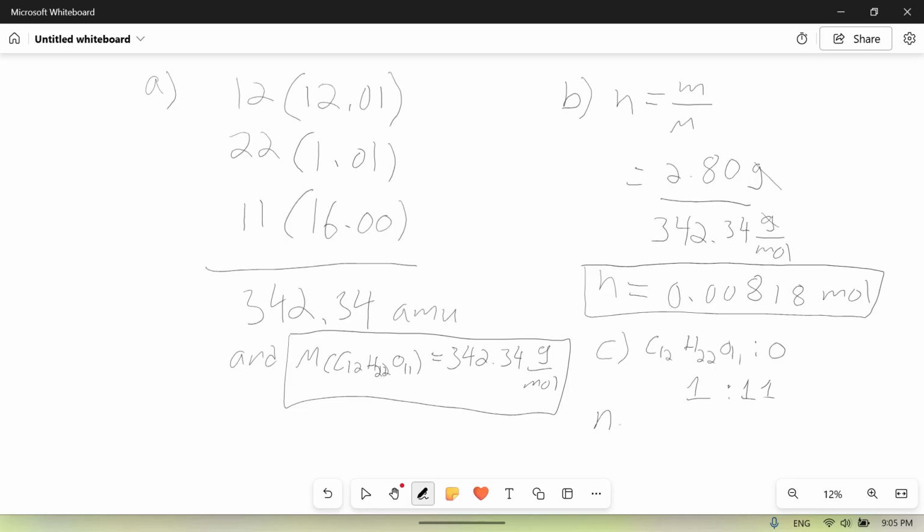So moles, n of oxygen this time, equals this ratio of 11 over 1 multiplied by 0.00818 moles. So that will come out to